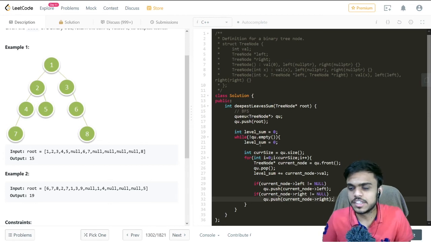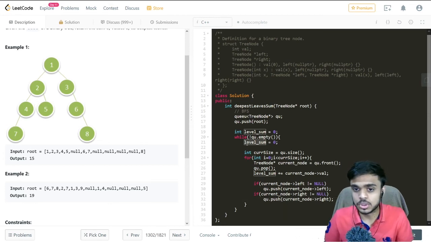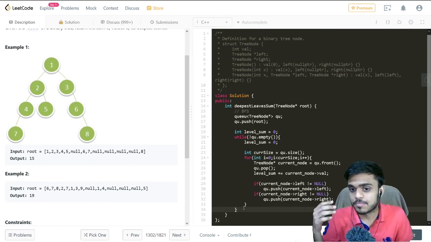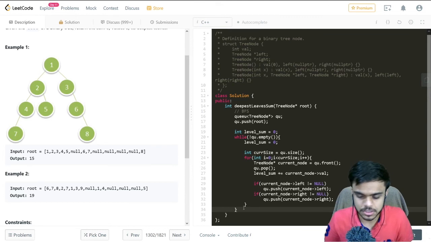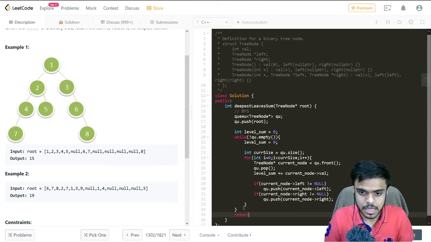We just need to return the level sum, because once we exit the loop we already have the sum of the last level in that variable, so we return level_sum, and that's it.